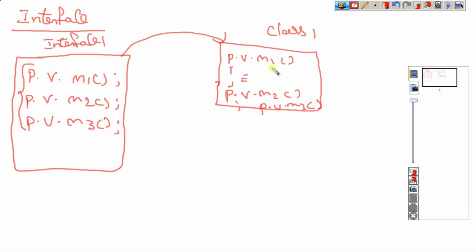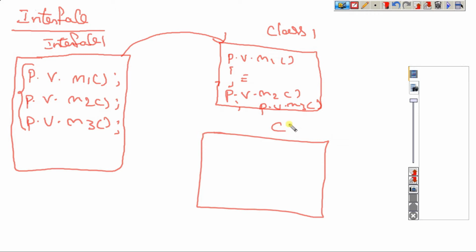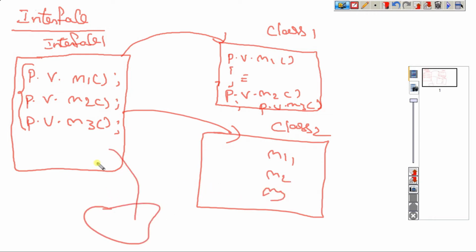If any one is missing, it forces you to implement the remaining method also. That's what we call forcefully implemented. Same, one more class, class 2: you must implement method 1, method 2, method 3 compulsorily. Like that, many classes you can do.